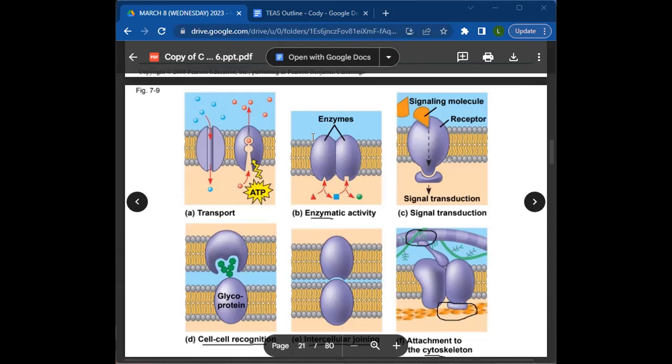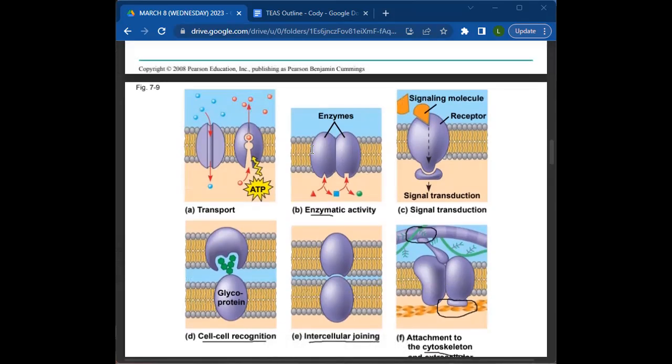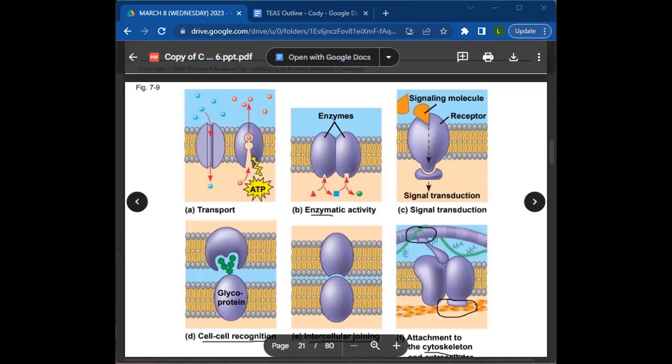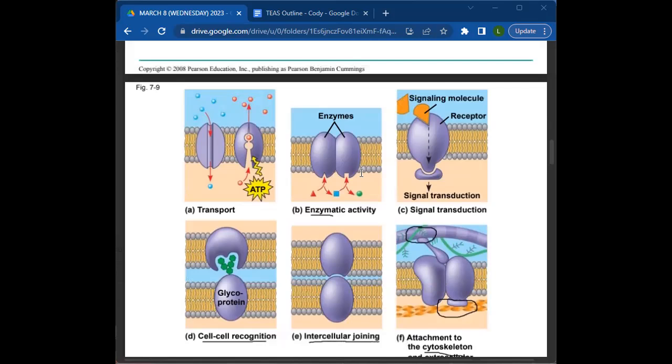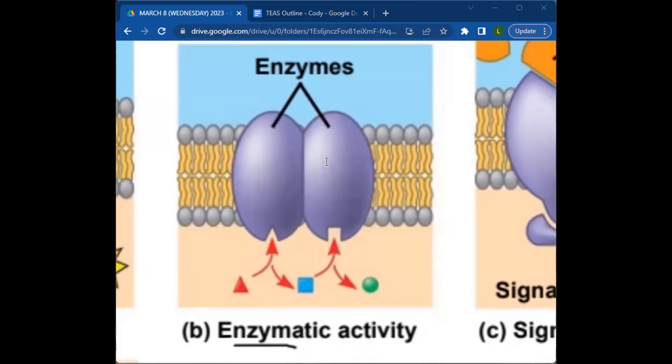Then some of the proteins embedded in the cell membrane can act like enzymes, and they can help convert one substance to another. This is actually what you would see inside of the small intestines of humans and animals. Inside the small intestine, there are structures called villi, and the villi are made up of cells. If we were to zoom in on the cell membranes that make up the villi, we would see enzymes built into the cell membranes of those cells